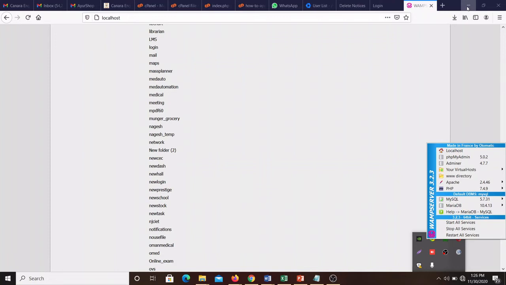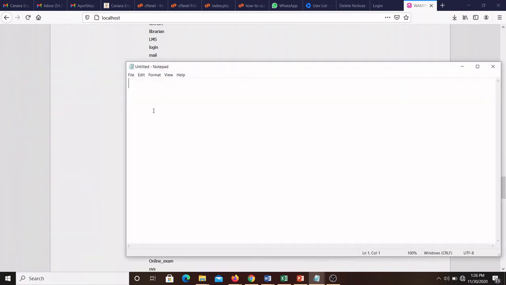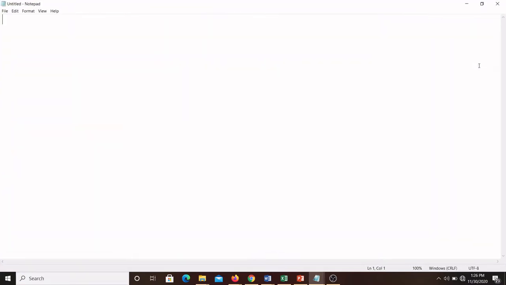For writing the PHP programs you can use any editor. I will use the Notepad editor only. So you can open the Notepad editor and write the PHP program in it. The syntax is angle bracket, question mark, PHP. PHP is case sensitive, and the closing is question mark and angle bracket. You have to write all of the PHP statements inside this.